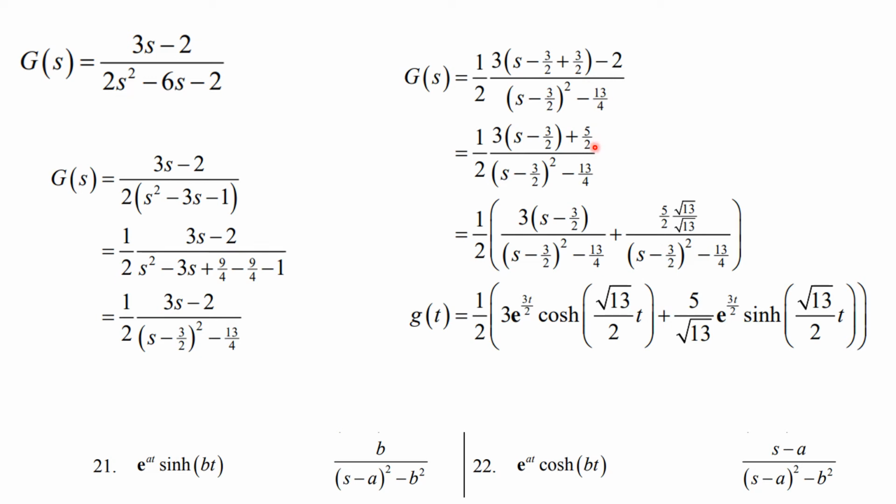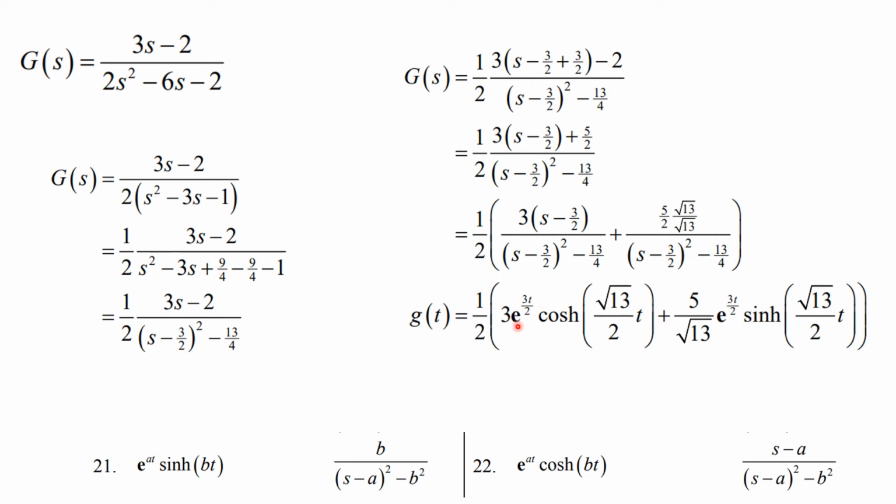And now I'm going to break it into two terms. The 1/2 sits there. Divide this into this expression. I have this. Divide this into this expression. Now, I'm close, but not exactly where I want to be, because I need to have a square root of 13 there. So I put a square root of 13 in and divide by the square root of 13. And again, I use the linearity. So this is going to be 1/2, then this is going to be 3. Then I invert the transform for what's left, and I will get the cosh